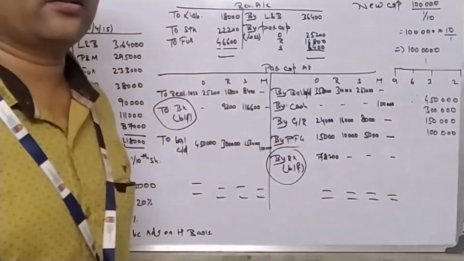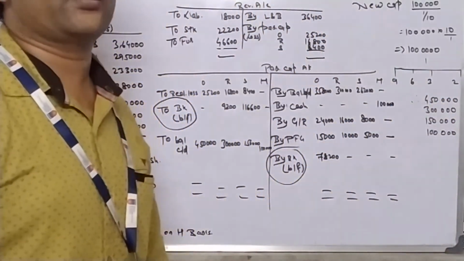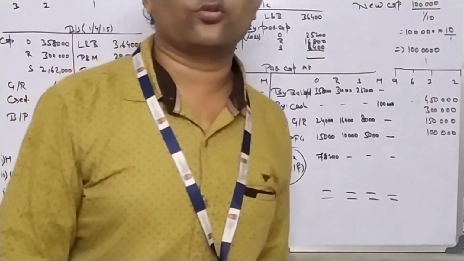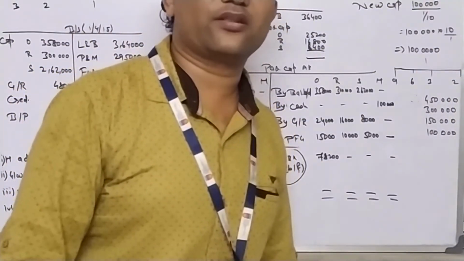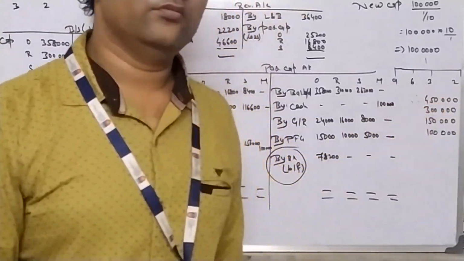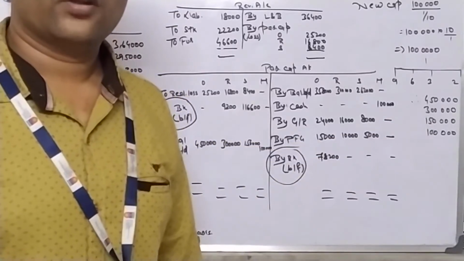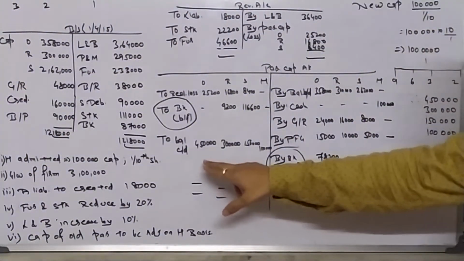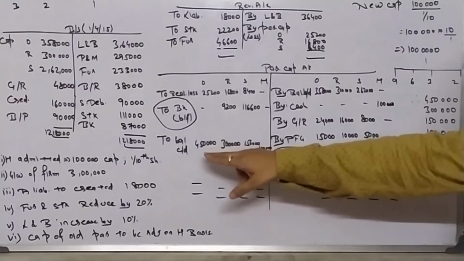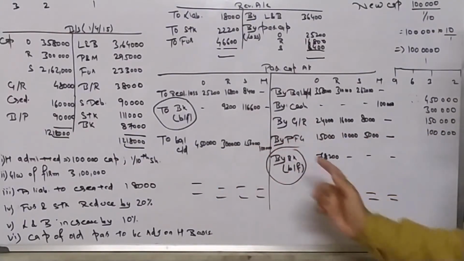Now that 10 lakh will be distributed among all the partners in the new PSR. New PSR is 9:6:3:2. So I have divided 10 lakh in 9:6:3:2. It will come to 4 lakh 50, 3 lakh, 1 lakh 50, 1 lakh. I will put those figures over here. But guys, the figures I have filled in, both sides will not match.